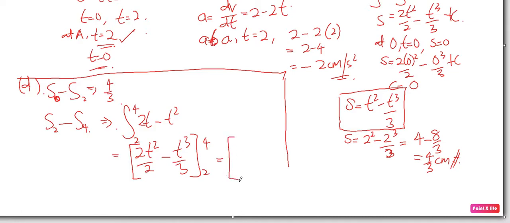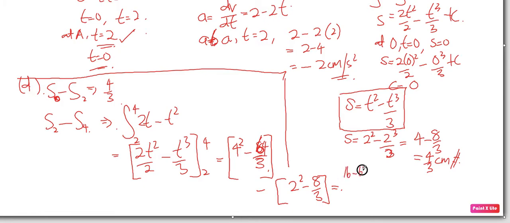All I have to do is substitute the values. So that's 4² minus 4³ over 3, which is 64 over 3, minus 2² minus 8 over 3. So that's 16 - 64/3 minus 4 - 8/3, and the answer is